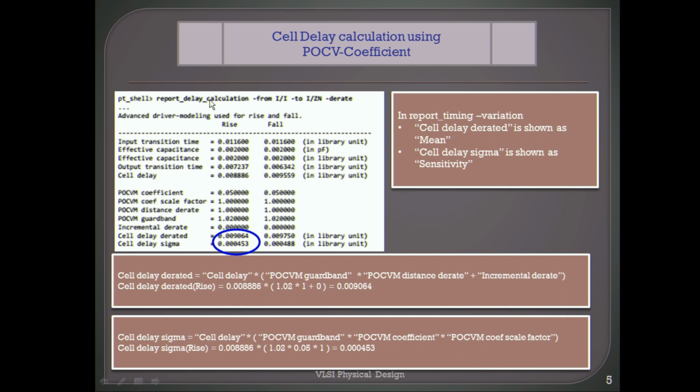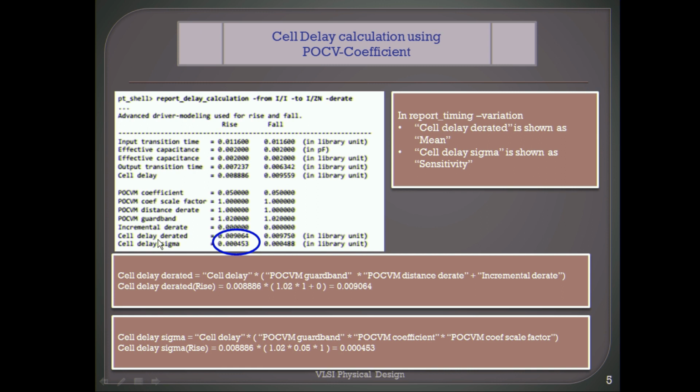So if you want to know how the delay is calculated for a particular instance, you need to use the report delay calculation command. This will show all these parameters, and we know that cell delay and output transition are a function of input transition and the capacitance. These we will get from the library, and the POCV coefficient we will get from the POCVM file, and all these three factors will be set by POCV commands.